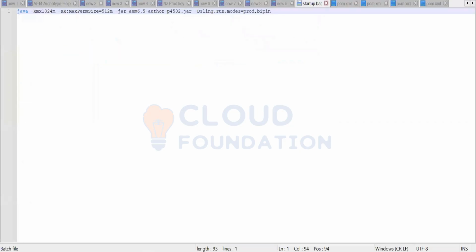Of course, you would be writing the same code somewhere in the code base, only you would have to make a check on whether it's my QA instance or my prod instance. In these sorts of situations, run modes are used. Run modes are basically used to assign names to your instances. Here I assigned prod as the name to an instance, or bipin as the name to my instance, or author as the name to my instance. Of course, author is the default name if you create your instance. These are the three names that I have assigned. Important thing